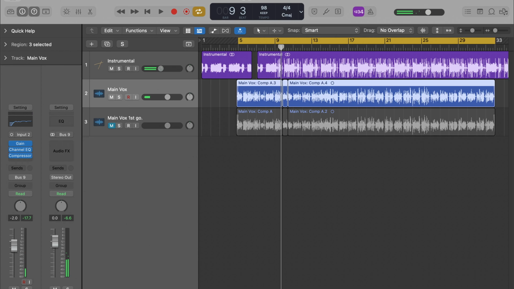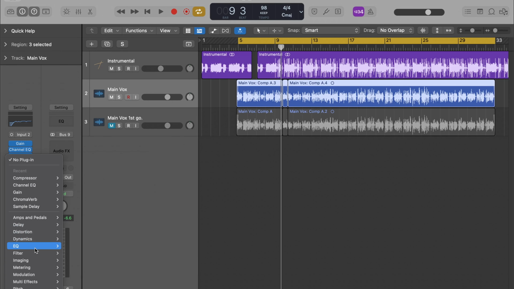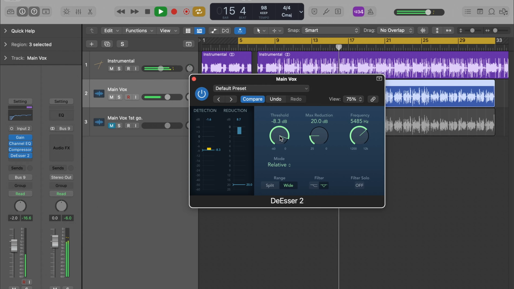Okay, next up, it's saying DS, additive EQ, reverb, delay, saturate. Wow, it low key went in a lot more than I thought. So now it's saying to add a de-esser, so we'll add Logic stock de-esser, which is